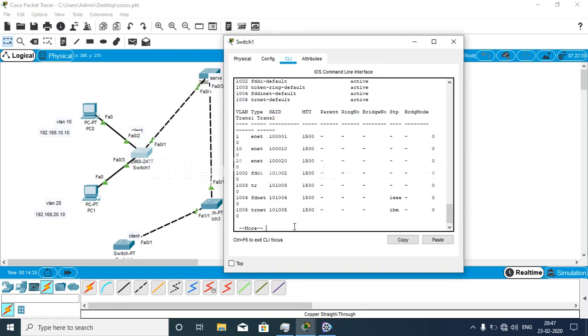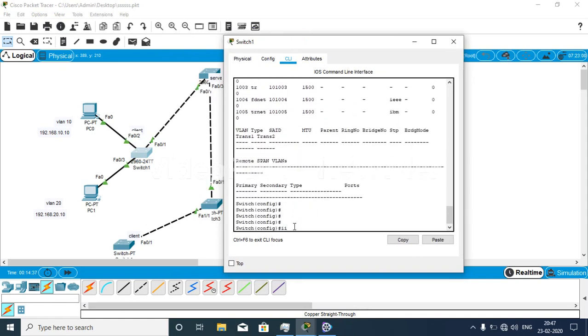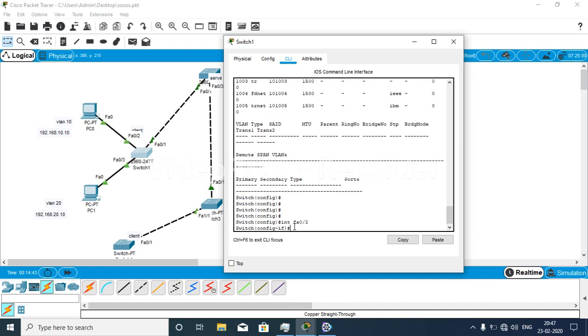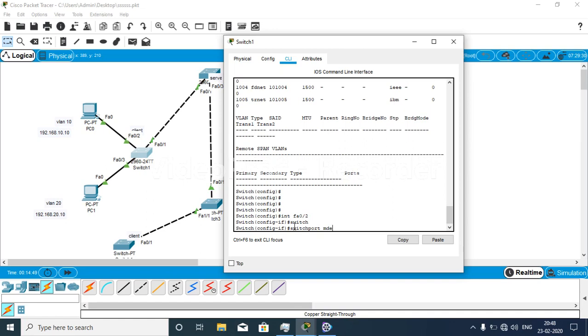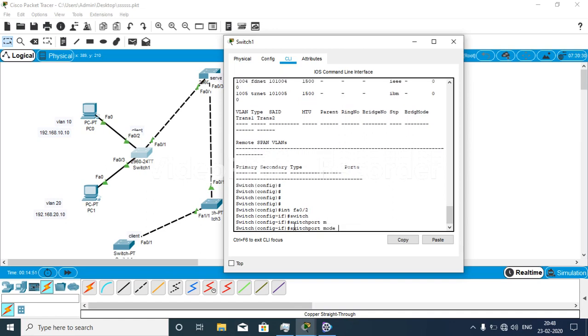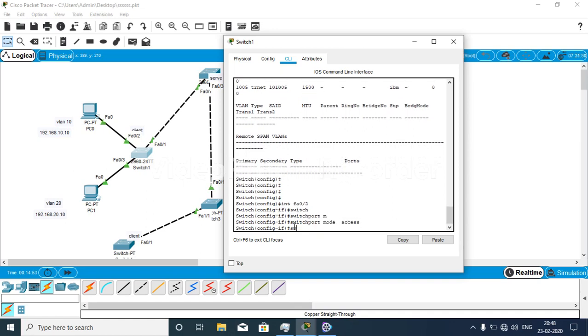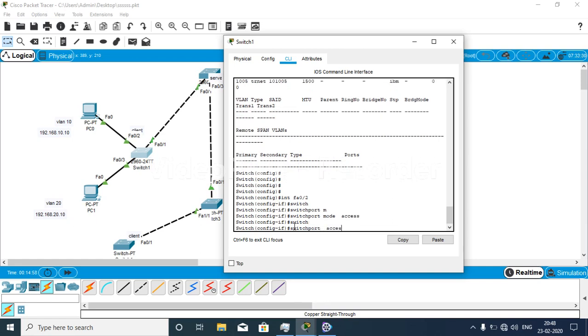Okay, so interface fa0/2, switchport mode access, switchport access VLAN 10. Okay,